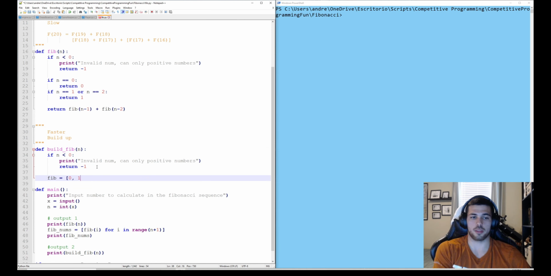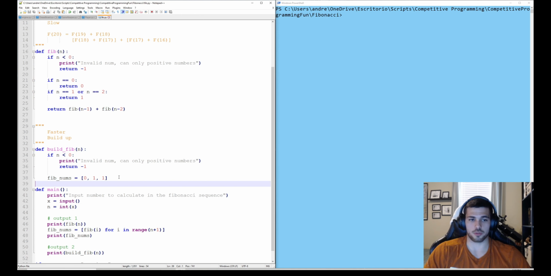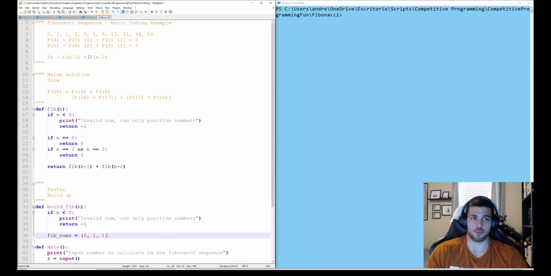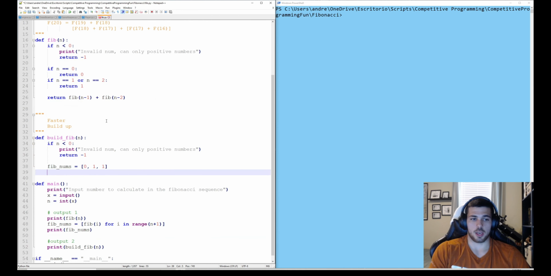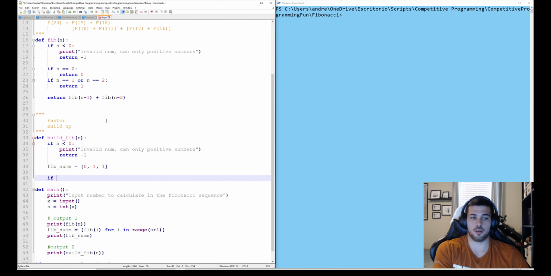And we can define the Fibonacci values. So we can say fib nums. We don't want to use fib because that would just call this function. It would be all sorts of problems. So fib nums is 0, 1, 1, the first 3 elements, right? And then we can say if